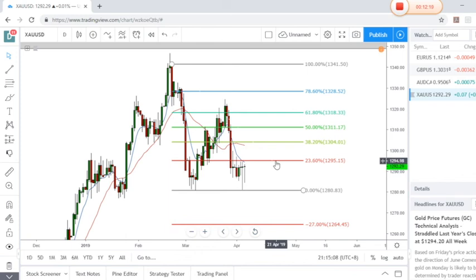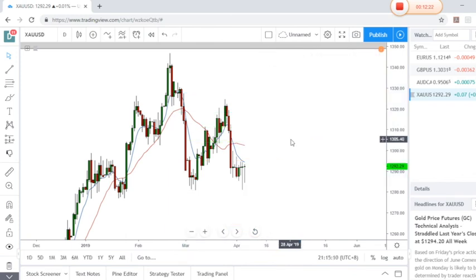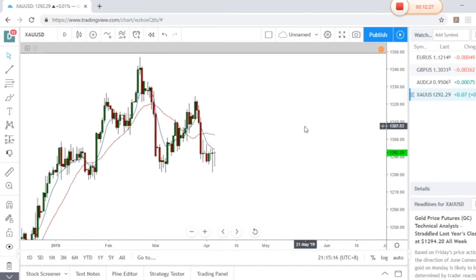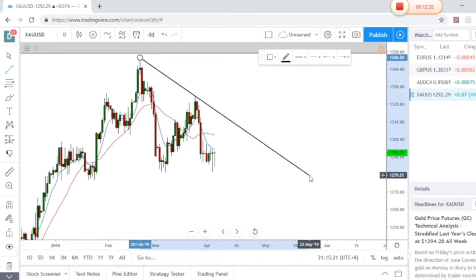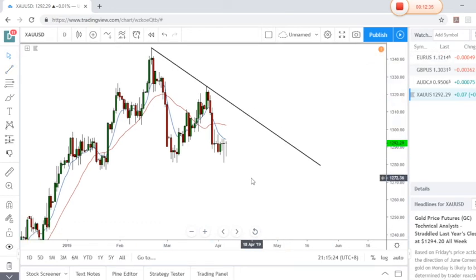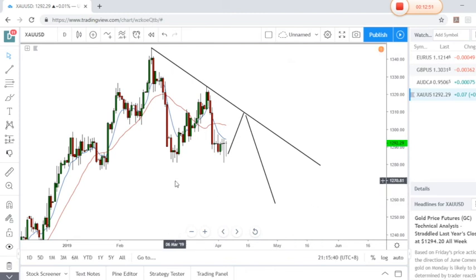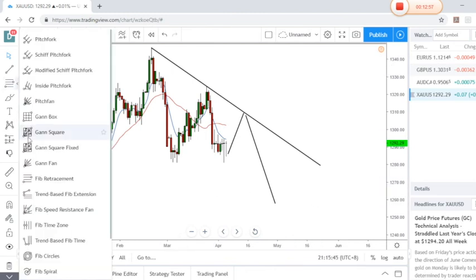However, this pair has already fallen, but what we can see here is that we may need to create a new low before it continues its downtrend. So what I'm going to do here is use a little bit of trend line. I'm not surprised if the price for this gold has a slight pullback to the trend line before continuing downwards. So it should be like this